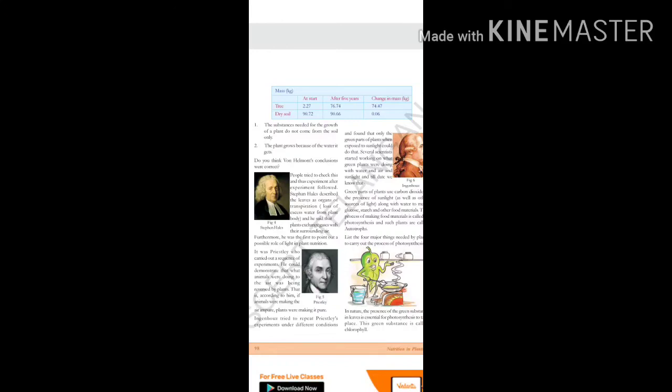In the same way water is also very much important. If all the remaining things are available but water is not available, then also the plants cannot grow and cannot perform photosynthesis. So finally, according to von Helmont's experiment, he focused more on water. Water was very important for the growth of the plant to increase its mass. That was the starting stage when von Helmont performed this activity. But later on it was studied in detail, and it took almost 300 years for the entire equation of photosynthesis to be framed finally.